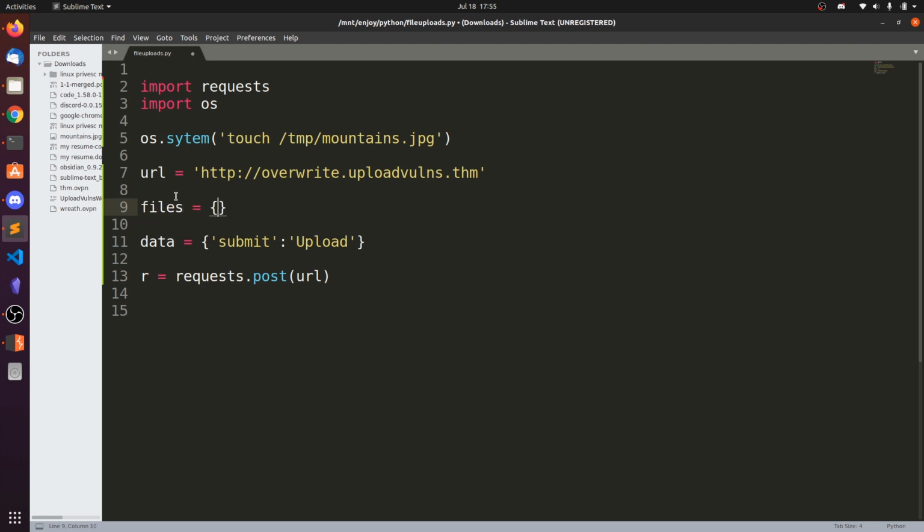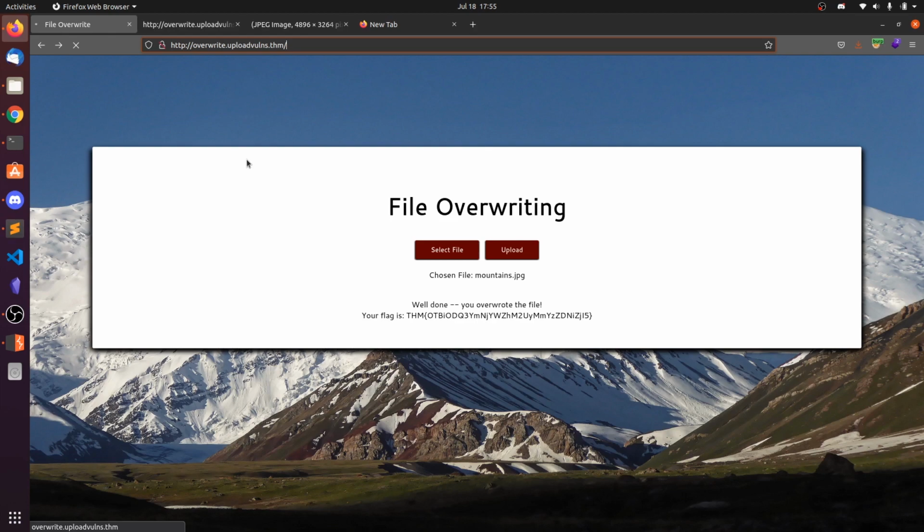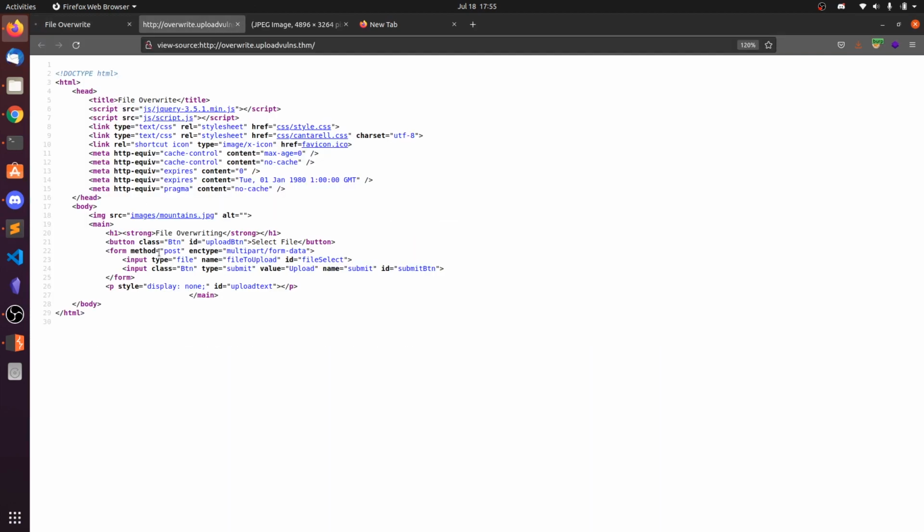We need to send it in JSON format, so here we need to put the name. If you press Ctrl U, you can see the input tag name is file to upload. If you send with this name, it will get uploaded. So file to upload, copy this one